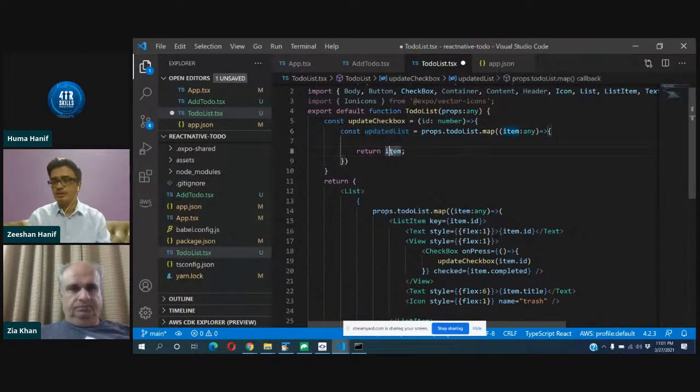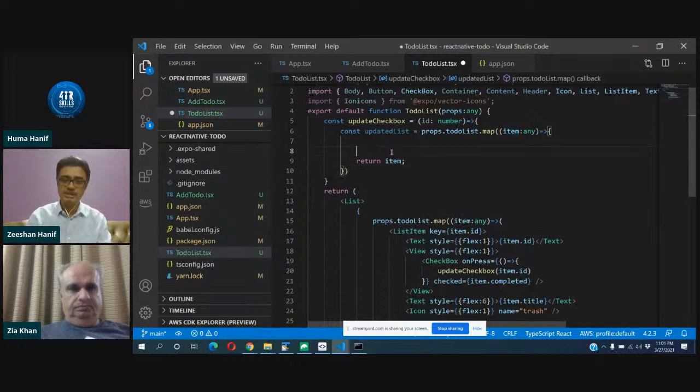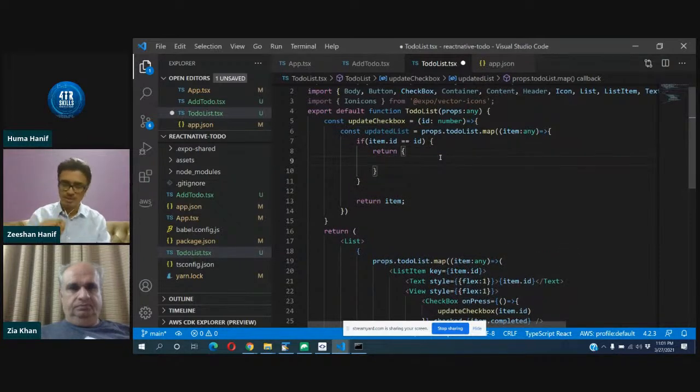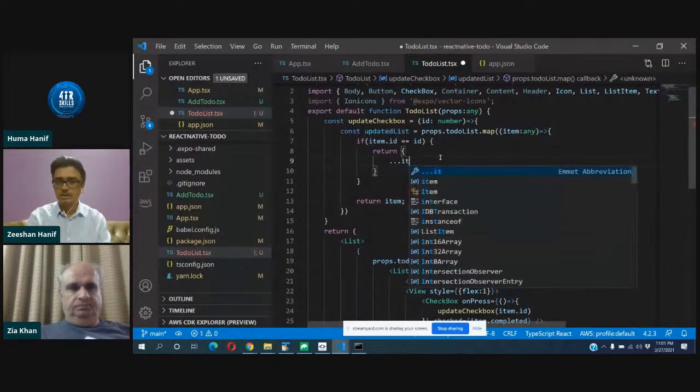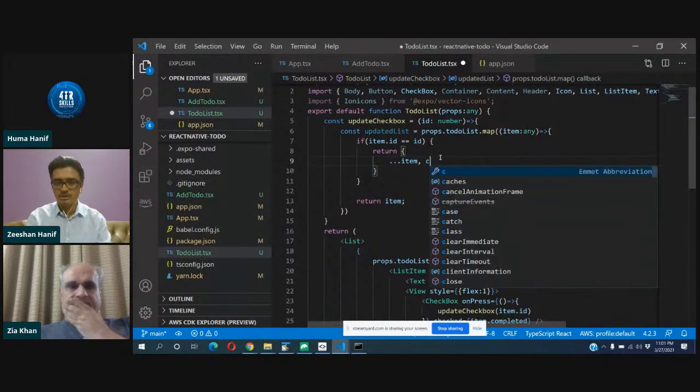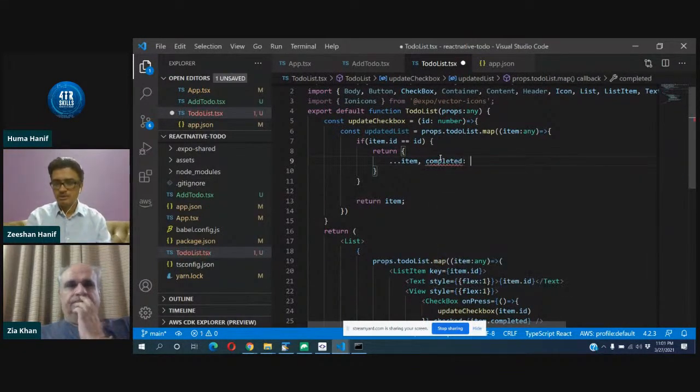So by default, it should return the item, but only in case if the ID matches, then we need to change the completed property. So if we say item.id equals to ID, which is provided over here, then return again spread operator dot item. So use all the properties from the item. So ID, text, and completed all be coming from there. And then we'll say completed colon